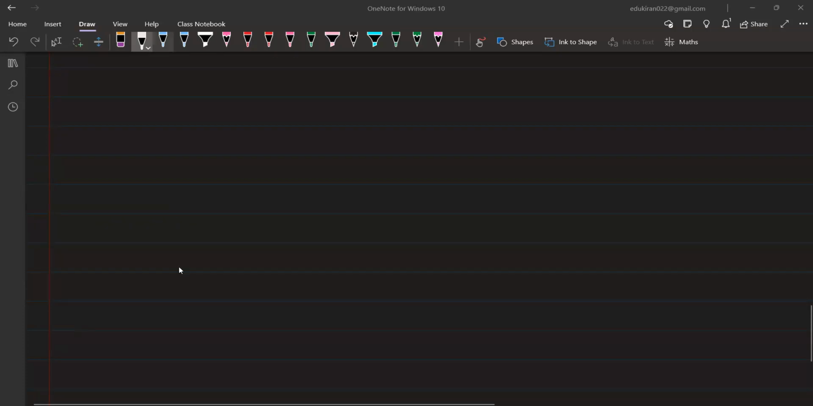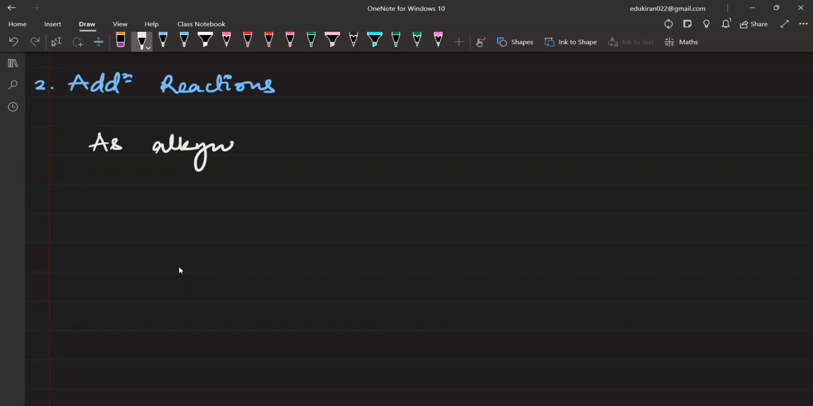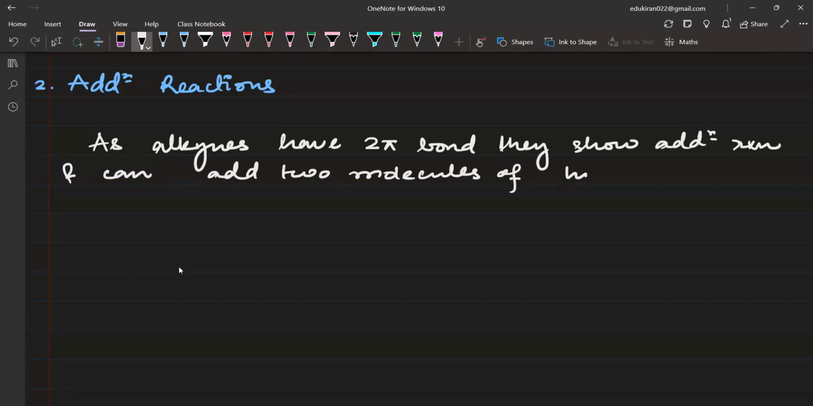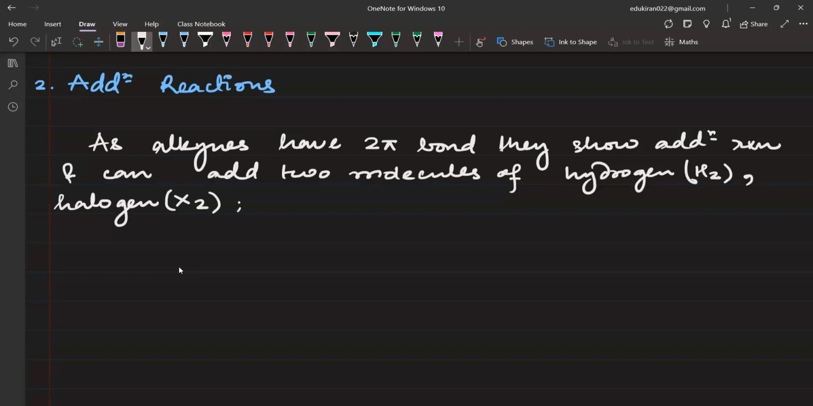Now, right next, the second type of reaction that it shows is the addition reaction. Please note, as alkynes have 2 pi bonds, they show addition reaction and can add 2 molecules of hydrogen, that is H2, halogen, that is X2, hydrogen halide, that is HX, and water,